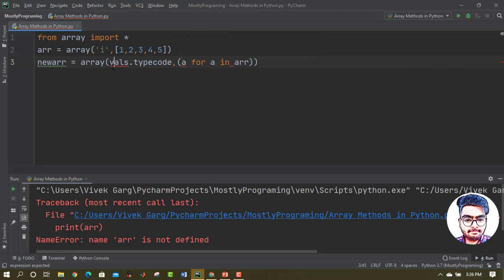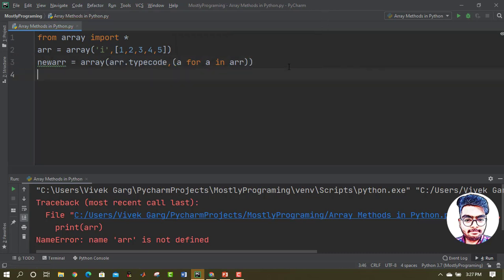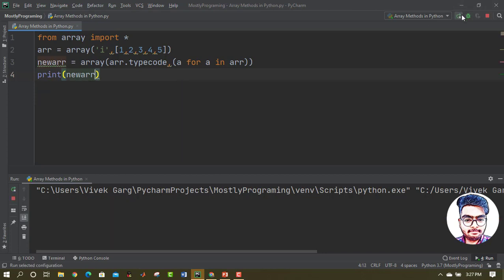Here I have to write arr because vals is not here. So yes, now I'm going to print the new array. I hope this should work.